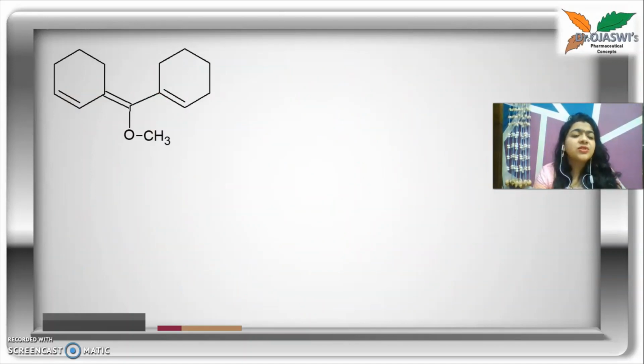This is the next structure. So I am writing 1, 2, 3, 4 for the basic system which I am identifying, and here both the double bonds are not in one ring. Only one double bond is in the ring and another is outside the ring. So you can write it as a 1,3-butadiene system, and the base value is 217 nanometers.